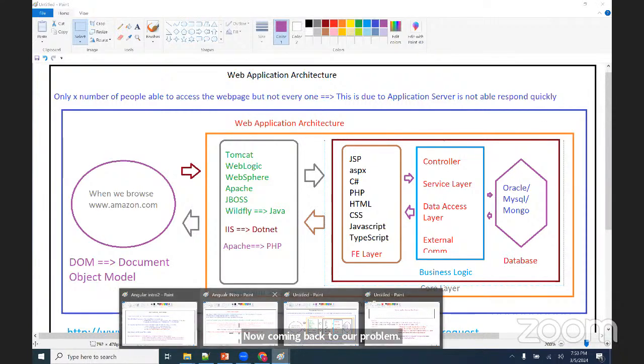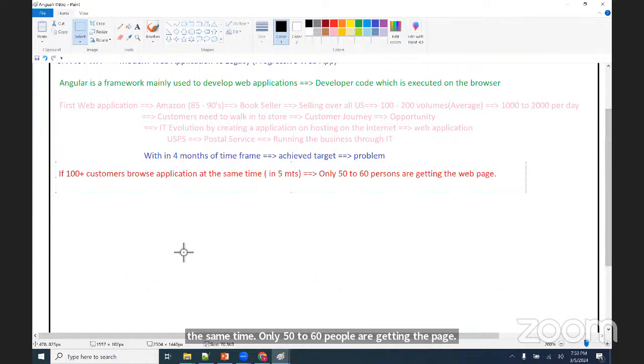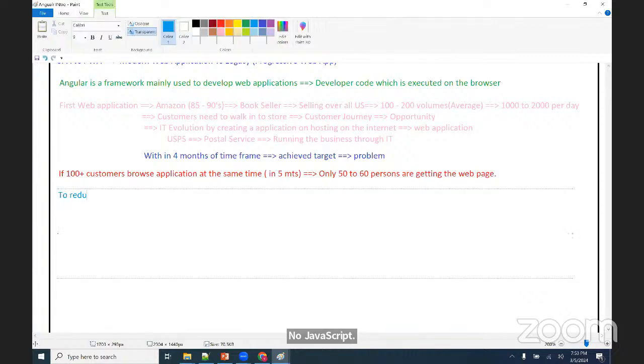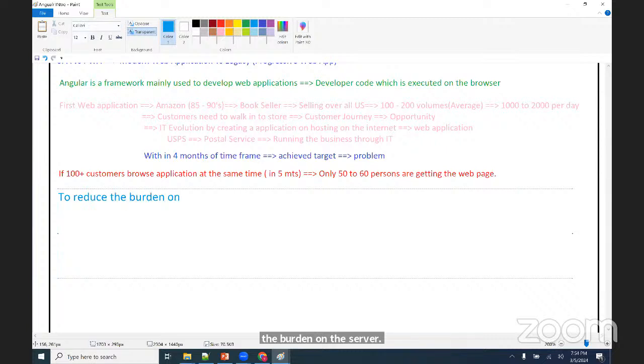What Amazon is asking, guys? If 100 plus customers are accessing my application at the same time, only 50 to 60 people are getting the page. That is how JavaScript is introduced, guys. Slowly, in the initial world of Amazon, no JavaScript. So to reduce the burden on the server,